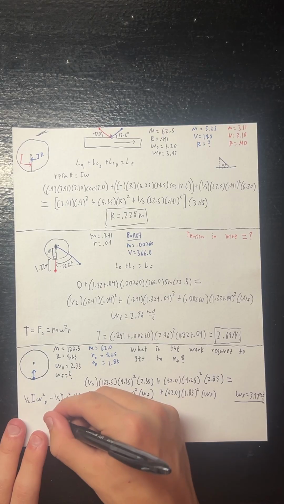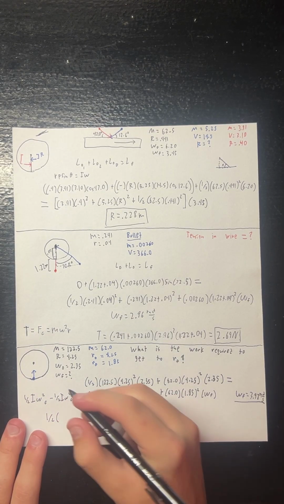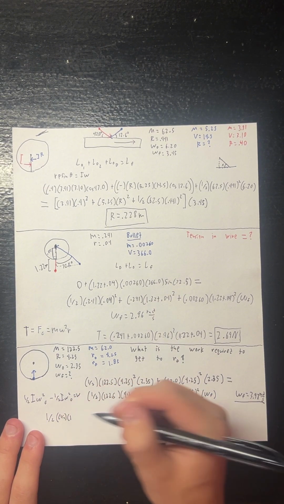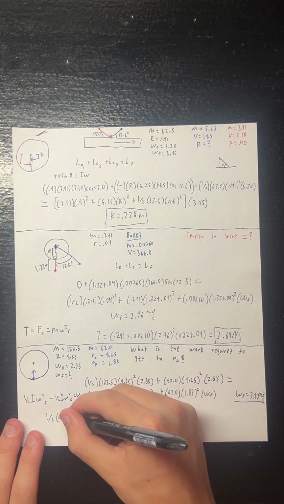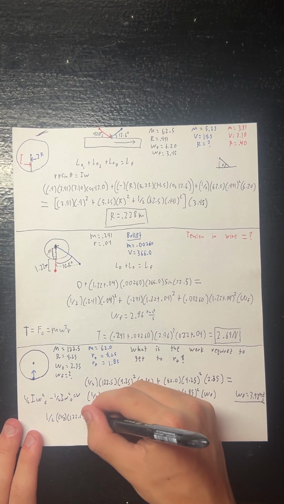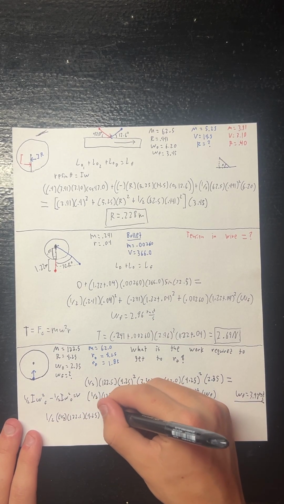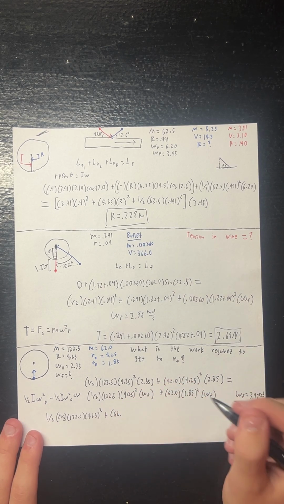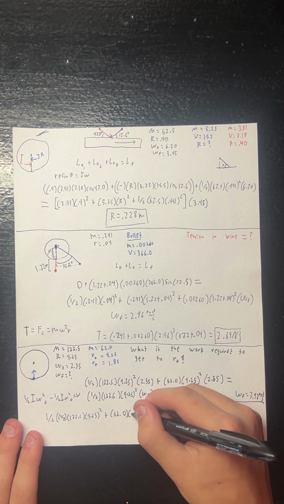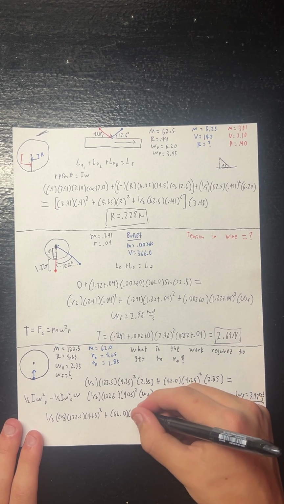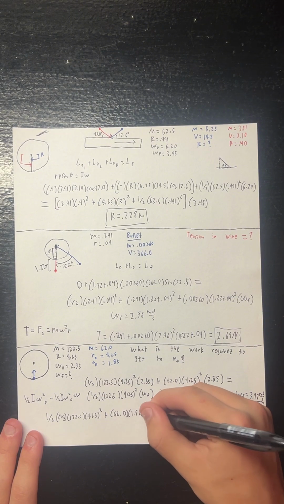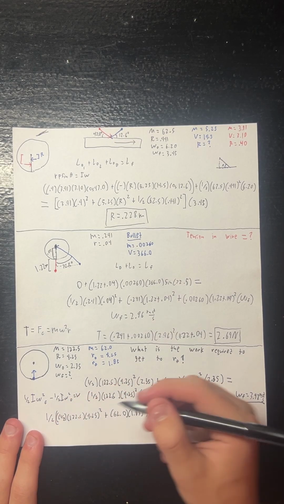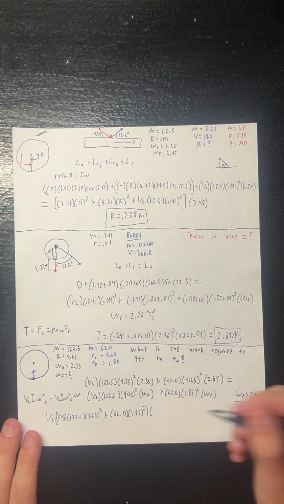So 1/2 times our I, which is 1/2 of the disk, times 122.5, so 222.5 times 4.25, square that, plus 62.0 times, we're using our final, so it's going to be 1.85 squared, and that is all in big parentheses, and it's going to be times our W final that we just solved,